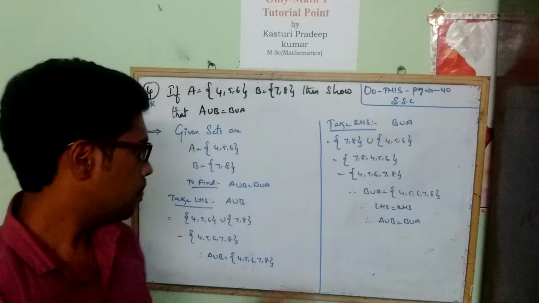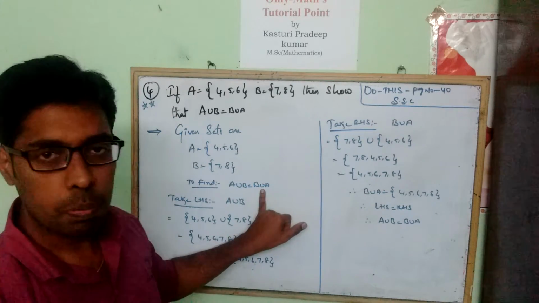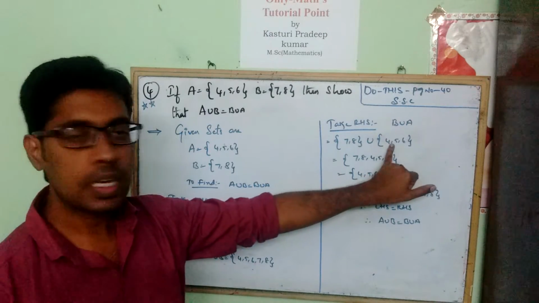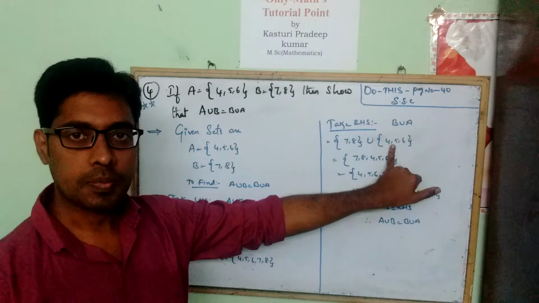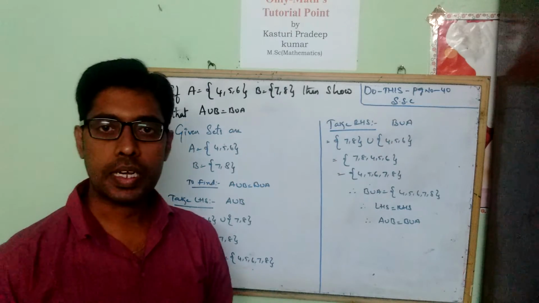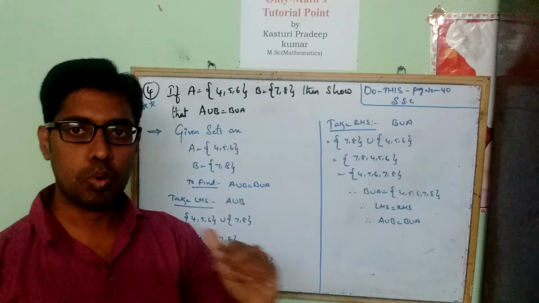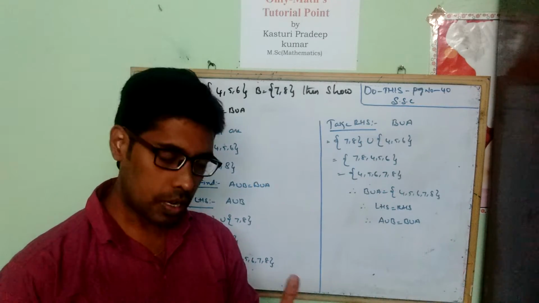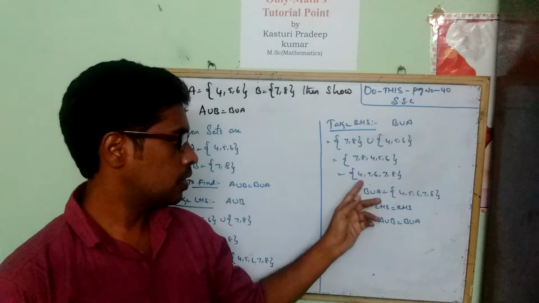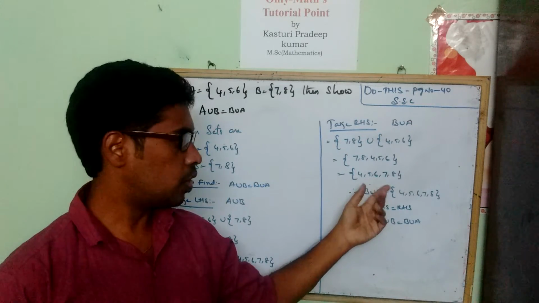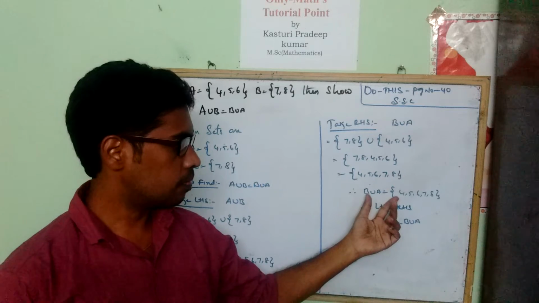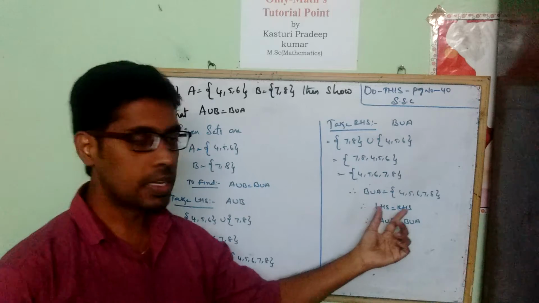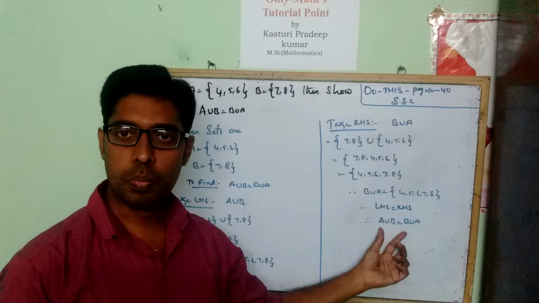So keep that aside. Now take the RHS part, B union A. What is set B? {7, 8}, and what is set A? {4, 5, 6}. Now union indicates combining both the given sets: 7, 8, 4, 5, 6. But arrange in order, either ascending or descending. If you arrange in ascending order, we get 4, 5, 6, 7, 8. Therefore, B union A also gives the same result. Therefore LHS equals RHS. Therefore, A union B equals B union A, guys.